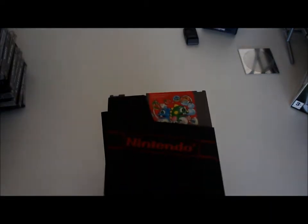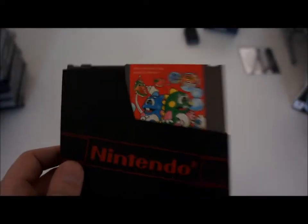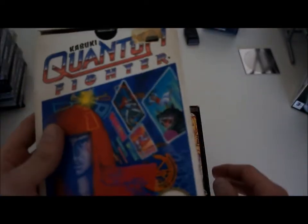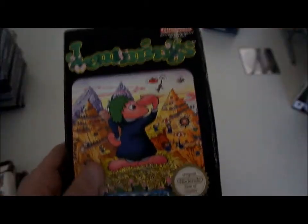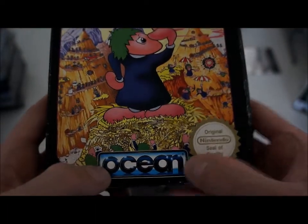Then to the NES. My favorite arcade game, I've probably told you that 1,000 times now, but Bubble Bobble is awesome. Batman, Turtles 1, Kabuki Quantum Fighter, Lemmings, quite uncommon, not super rare, but you don't see them often. For the NES, Ocean, this publisher,